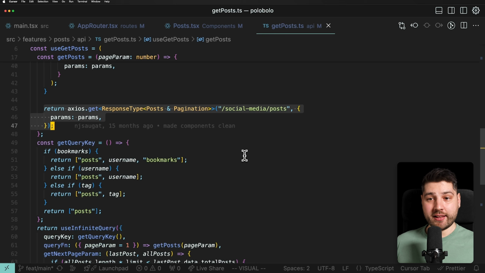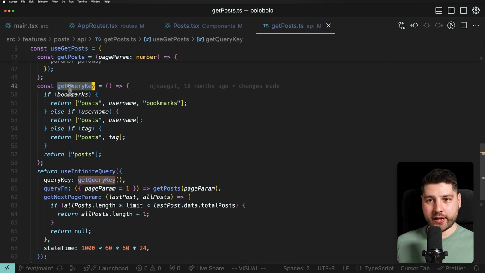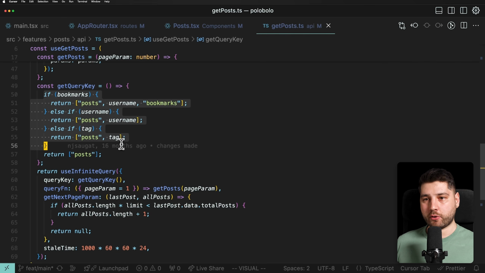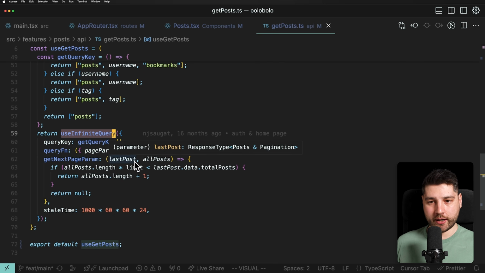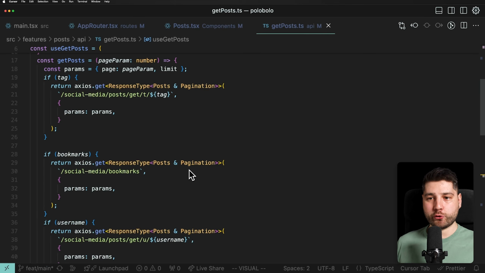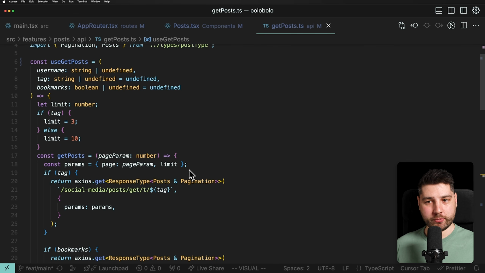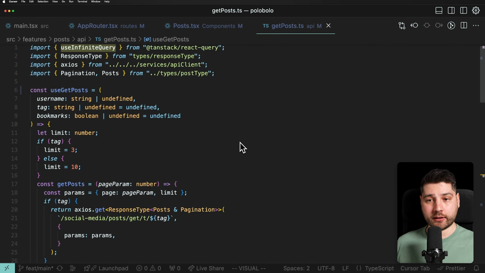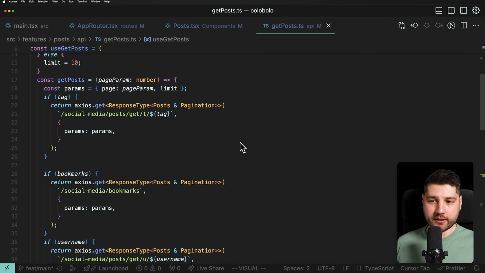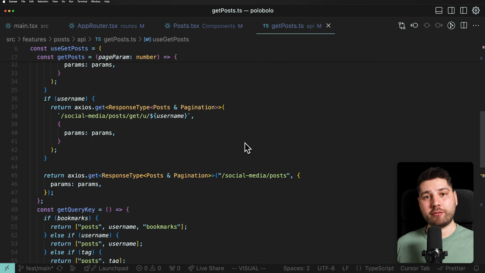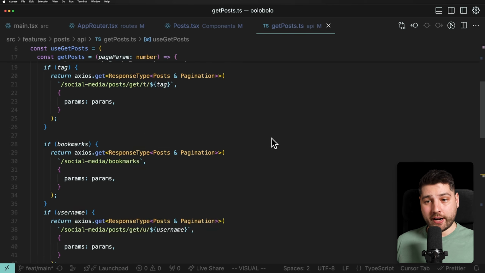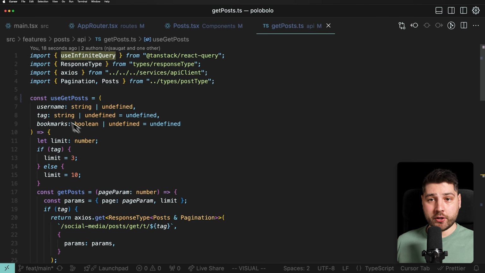I don't like this because then we get this get query key function, which has to account for all the cases. And then we have everything and we're passing it to use infinite query. This is a great example of trying to make something too reusable. And I just made a video about this not that long ago, where junior to intermediate React developers have this tendency to make everything reusable just because that's what we usually say that React is supposed to be done. But that's actually not correct, and especially in this case,